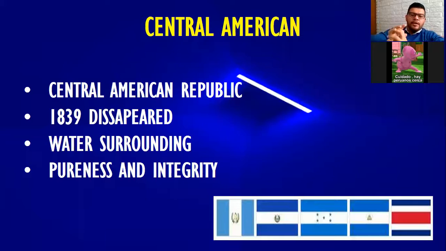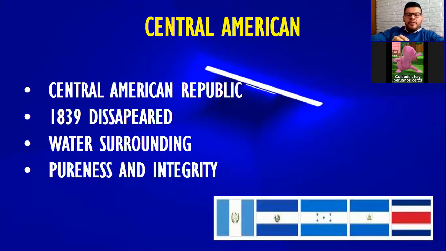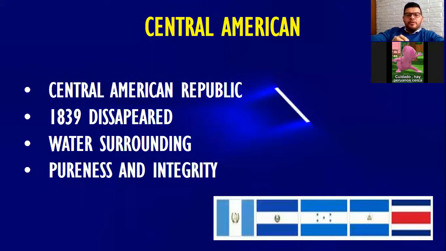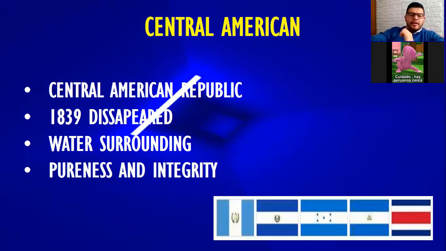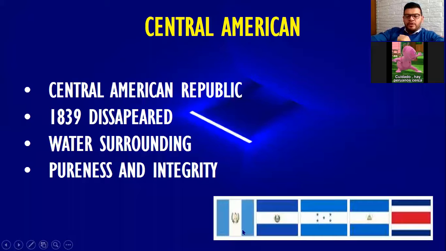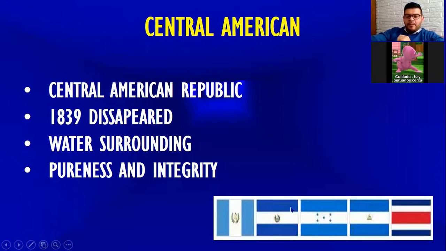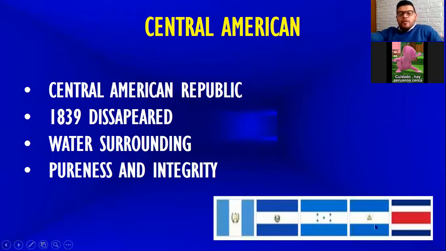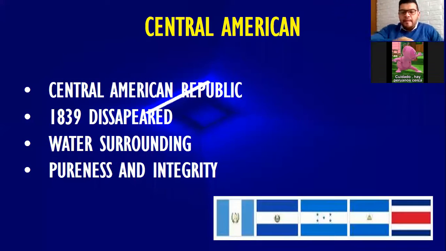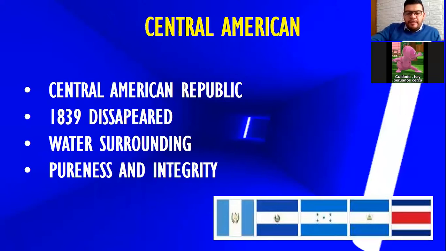Later, let's take a look at some flags from a region very near to Mexico. The region that I'm talking about is the Central American region. Here, if you watch, except for the Costa Rican flag, which has red, if you take a look at the flags from the other countries, like for example Guatemala, El Salvador, Honduras, and Nicaragua, they have the same colors, which are blue and white. And let me tell you the reason why these countries share the same colors.